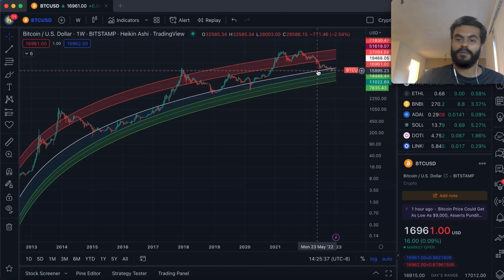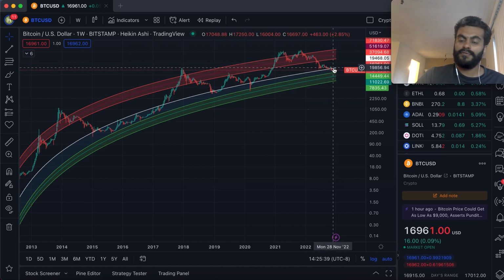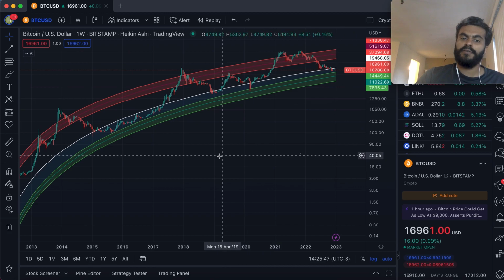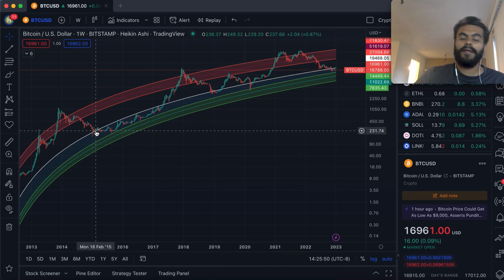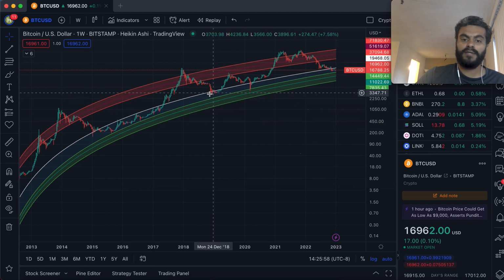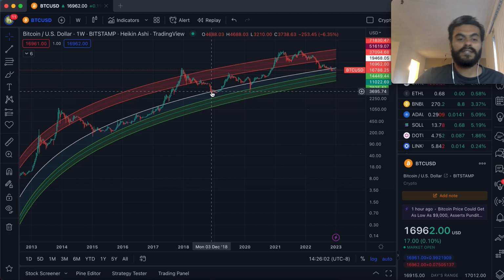And what happens after Bitcoin comes down from this overvaluation regression band to the fair value regression band? You can say since October of 2022, Bitcoin has entered this fair value territory. The similar examples that we have are once in March of 2015 and one time in November of 2018. So we have two examples, and Bitcoin can follow either of those two paths